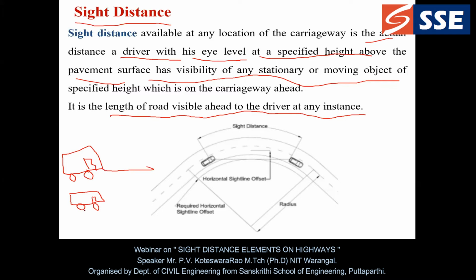So the driver, if this is the road surface, then the line of sight is going to be here, and here we are going to have the higher line of sight, whereas in this one we are having the lesser line of sight. The reason is here the position of the driver is higher from the ground level. With reference to the ground level, the position of the driver's eye is at a higher point when compared to the second case. So depending upon this height available to the driver, the sight distance is also going to be varying. This is one of the important parameters.